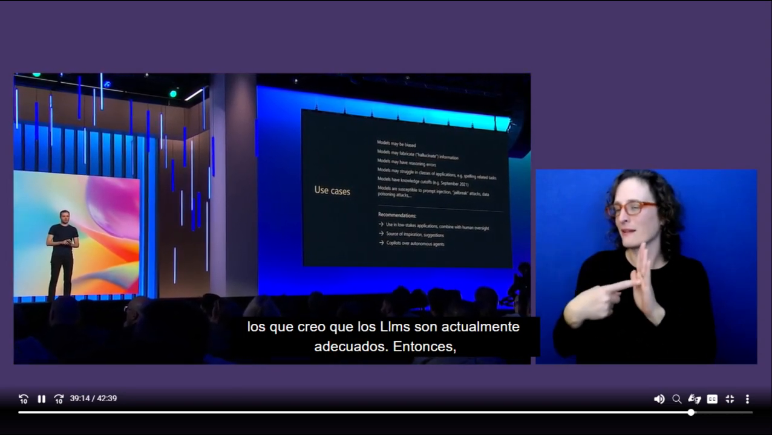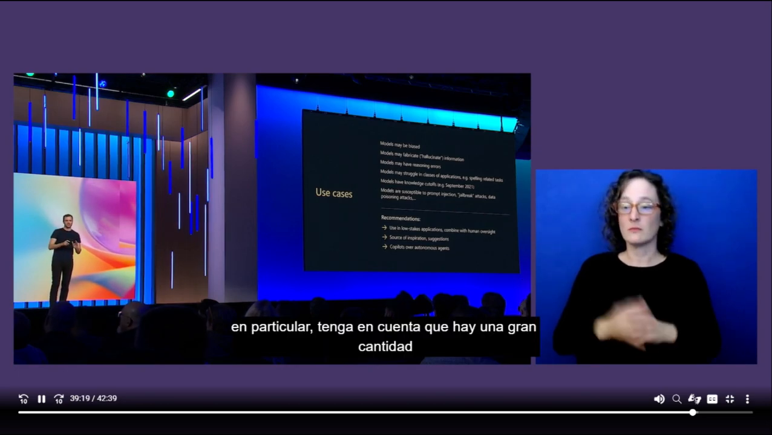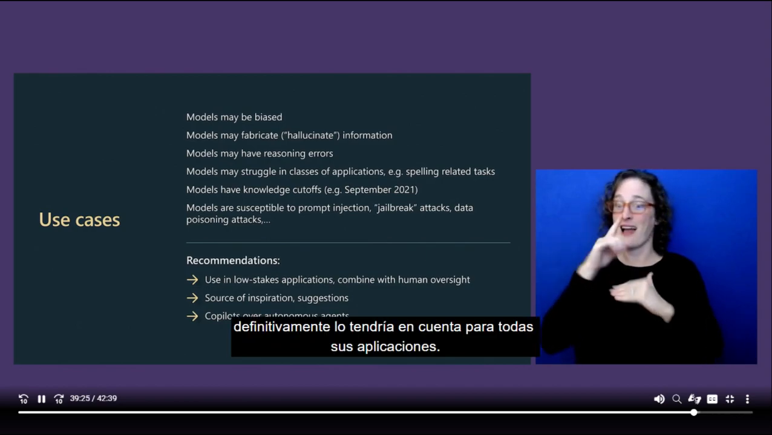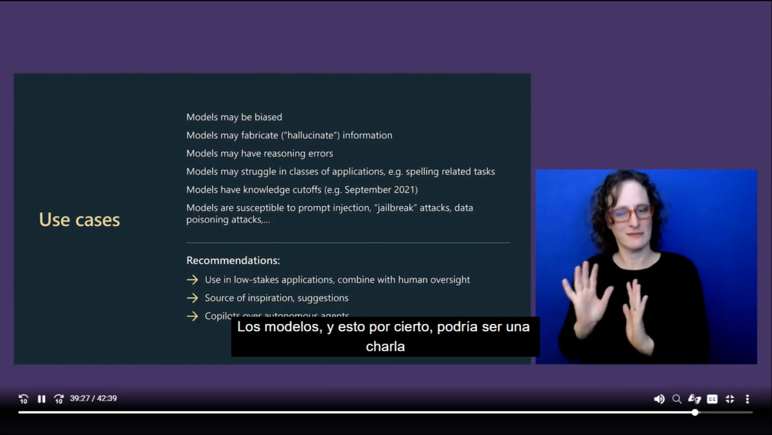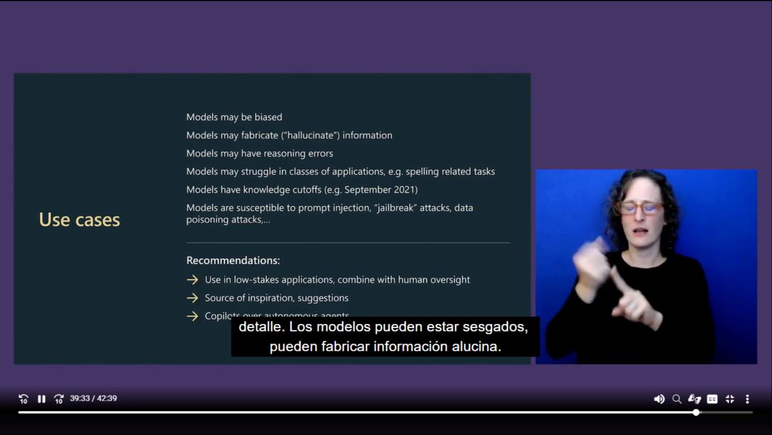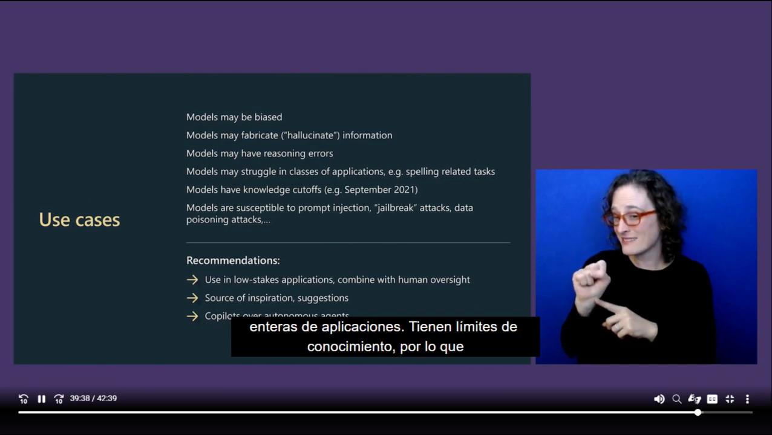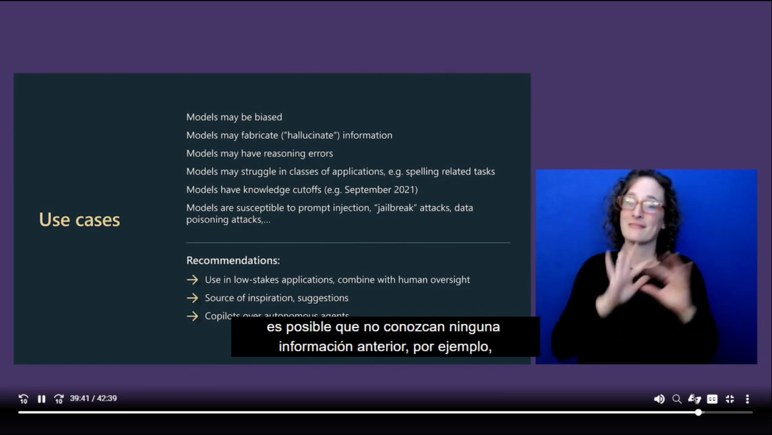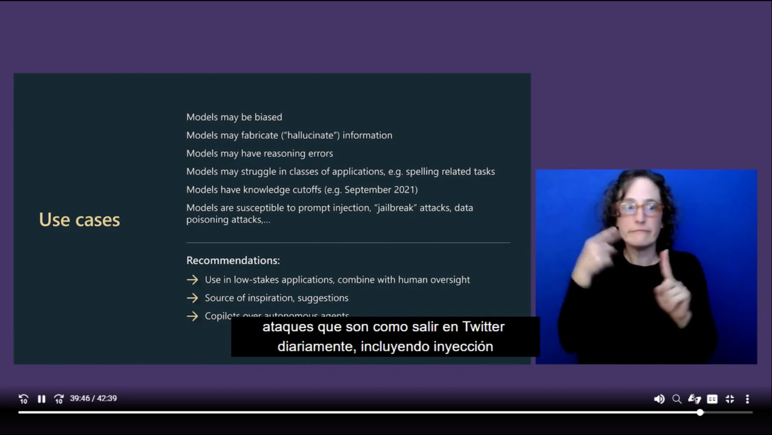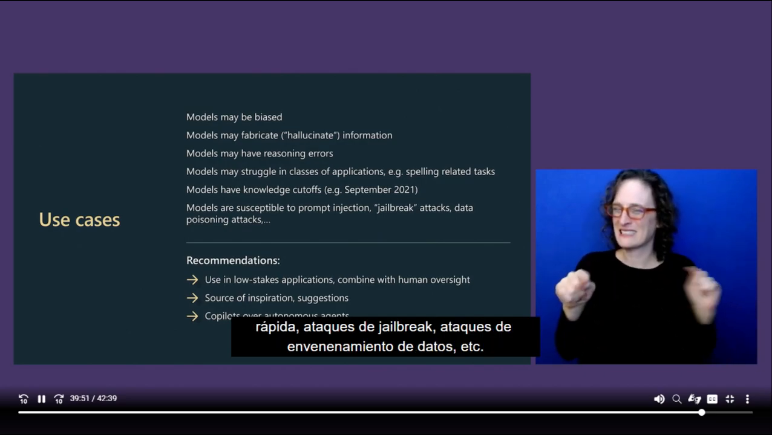I also wanted to say a few words about the use cases in which I think LLMs are currently well suited for. So in particular, note that there's a large number of limitations to LLMs today. And so I would keep that definitely in mind for all your applications. Models, and this, by the way, could be an entire talk, so I don't have time to cover it in full detail. Models may be biased, they may fabricate, hallucinate information, they may have reasoning errors, they may struggle in entire classes of applications, they have knowledge cutoffs, so they might not know any information above, say, September 2021. They are susceptible to a large range of attacks, which are sort of like coming out on Twitter daily, including prompt injection, jailbreak attacks, data poisoning attacks,